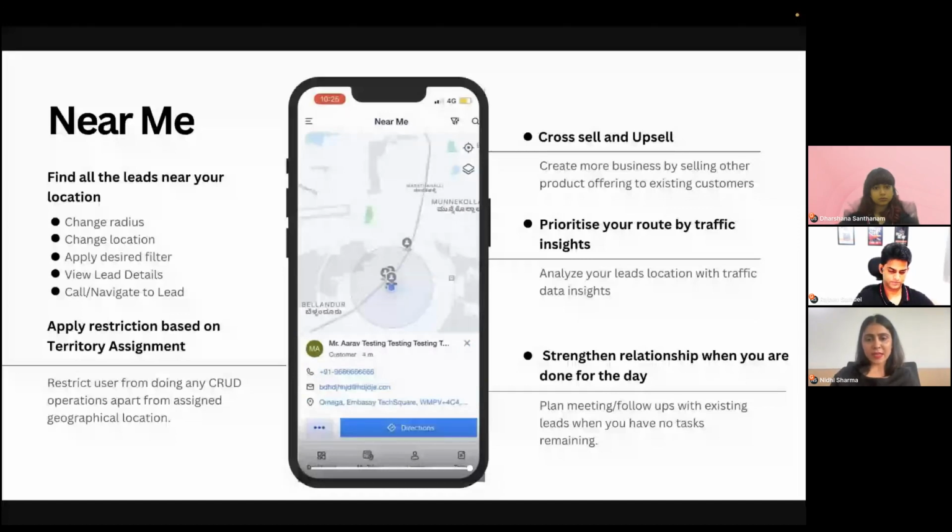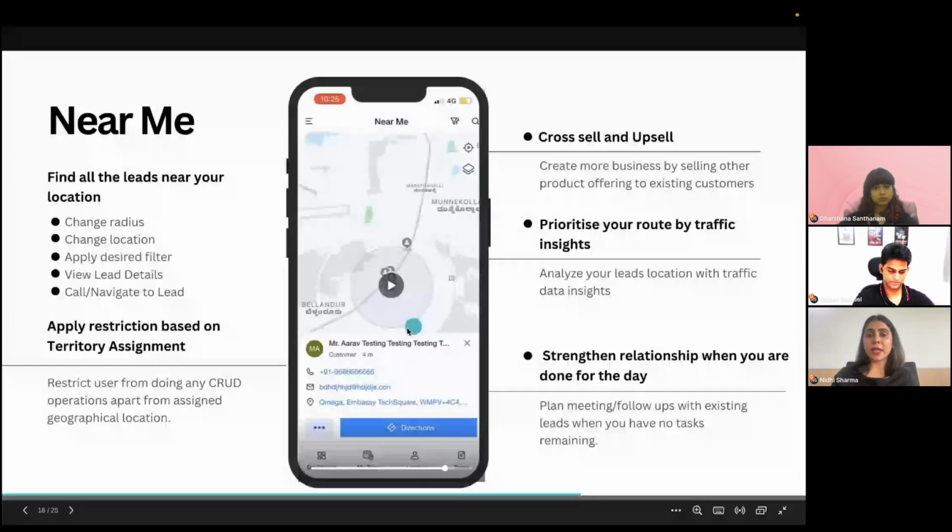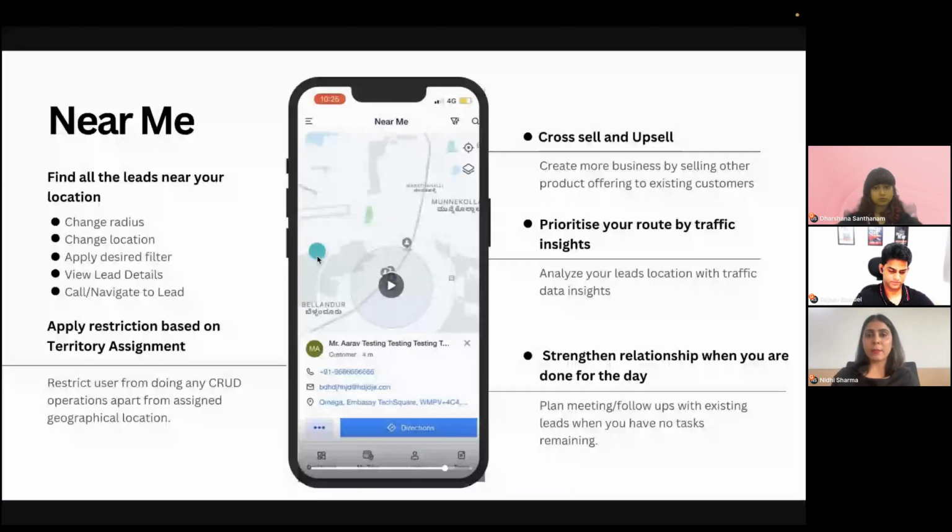Now we have seen in this video that the user is able to see the leads in this area because the area must have been assigned to the sales user. We'll talk about how businesses work. So for effective sales, businesses distribute the city or state into separate sections or areas and assign them to the sales users. And why this is important: to plan your sales team effectively so that they can focus on one area by visiting the leads again and again and build relationships in the market, which is an important aspect